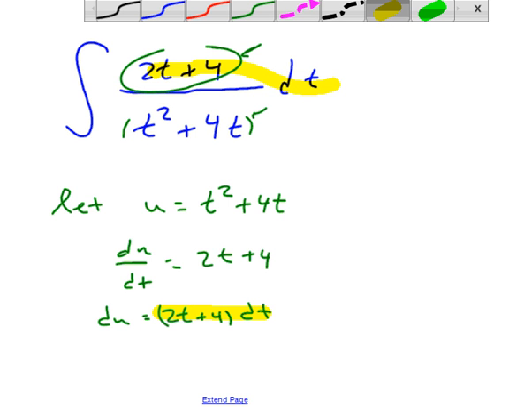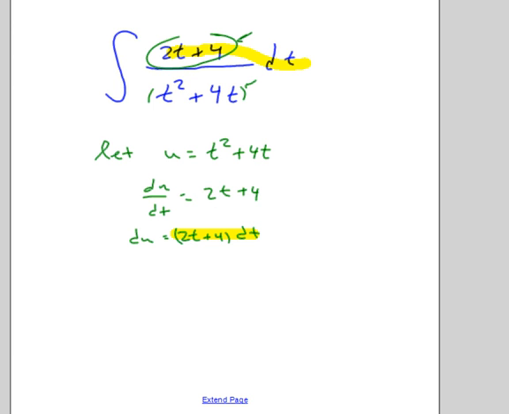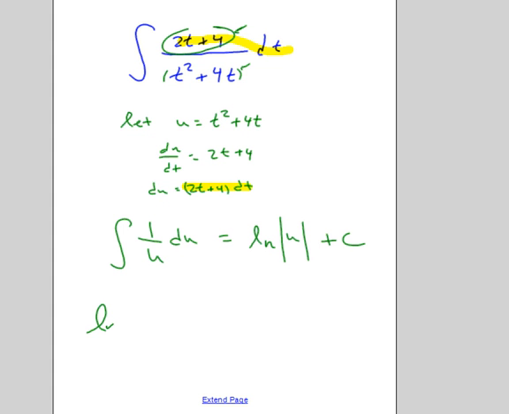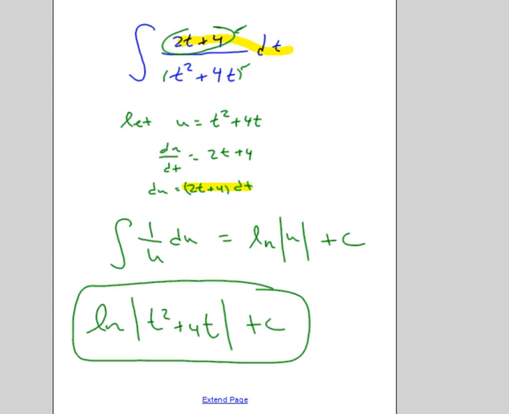Therefore, we can rewrite this whole integral in a much simpler fashion as the integral of 1 over u du. And that, we remember, can integrate to ln of the absolute value of u plus c. And our last step, which we always remember to do, is to resubstitute. So ln of the absolute value, t squared plus 4t plus c. Nice. Okay. The next example is going to be a definite integral where we